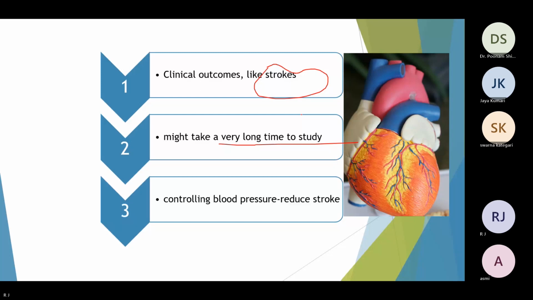antioxidative elements or antioxidative state of the body or not. I'm just giving one simple example. Okay,